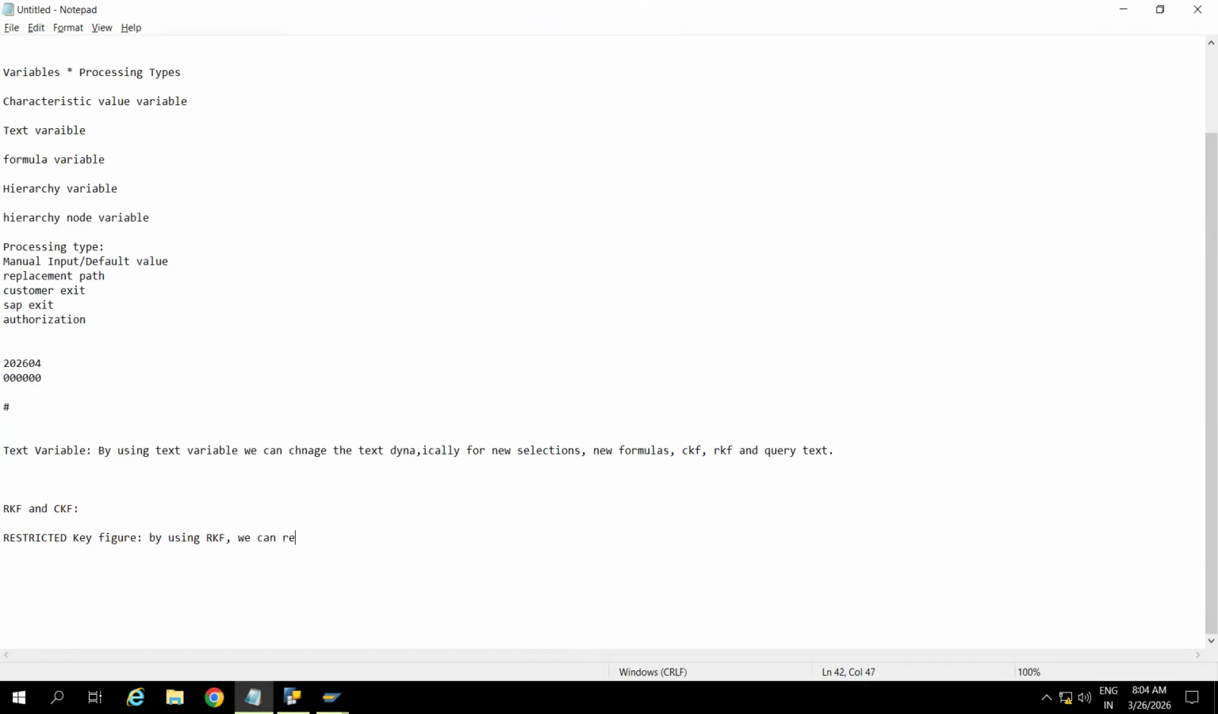We can restrict the key figure. Key figure means amount. We restrict the key figure based on the characteristic values. Characteristic means, for example, calendar month. That is what we are doing, cal month, right? Okay. And CKF means